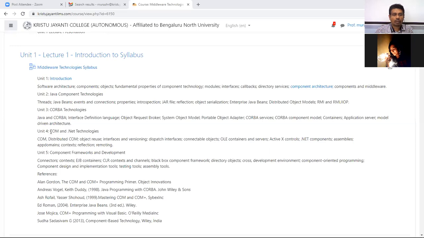be discussing common .NET technologies. In these common .NET technologies, one of the first middleware technologies created by the Microsoft platform is nothing but COM. COM is the Component Object Model. This Component Object Model is similar to your Java Beans and Enterprise Java Beans,